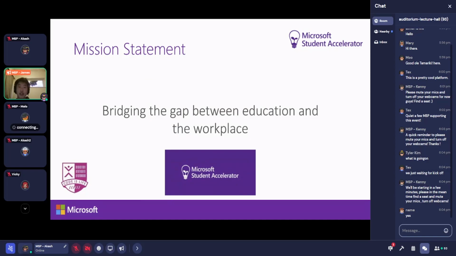Our mission is to bridge the gap between the workspace and education, which is the universities, and the actual industry-focused side. That's why we created the program back in, I think, 2014. It was a long time ago, and we received a lot of participants and achieved a lot of great results. Our mission never changed. It's just bridging those gaps between education and the workspace.